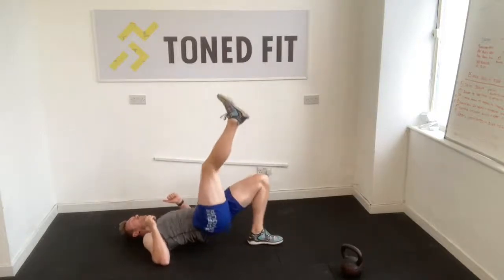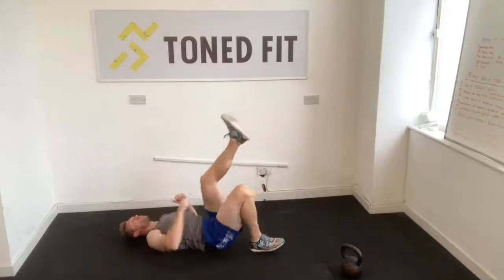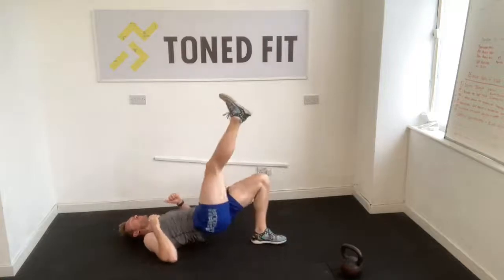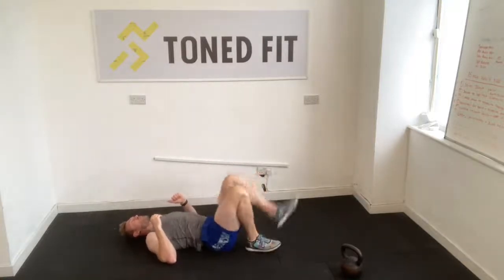Get those hips as high as you can. Every 3 reps we're changing. Try not to throw that leg that's off the floor up. That'll generate momentum. We don't want that. We want to keep the emphasis on the glute and the hamstring. That's working. We don't want to drag it up